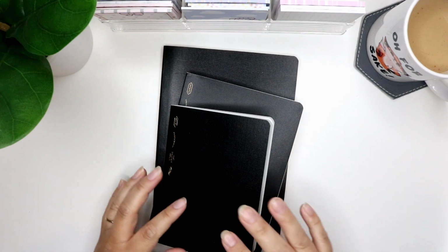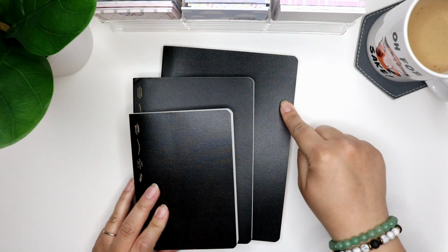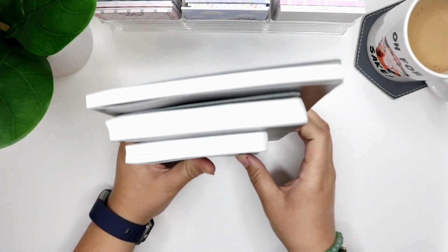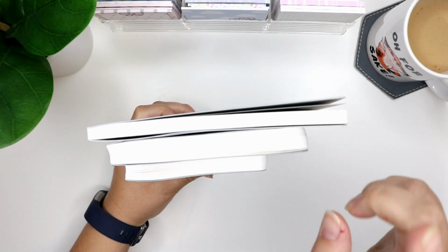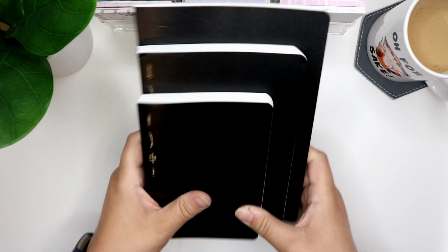They come in these three sizes. This is A6, B6, and A5. This A5 is a half year A5. It's not the full year. These are the full year. The half year only comes in the A5 size. Otherwise, you get the full year size. So,